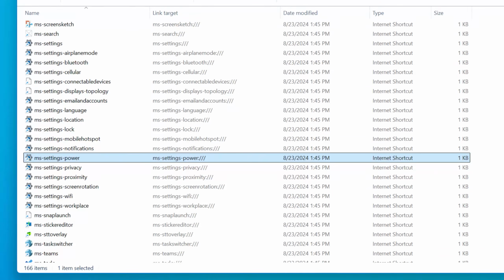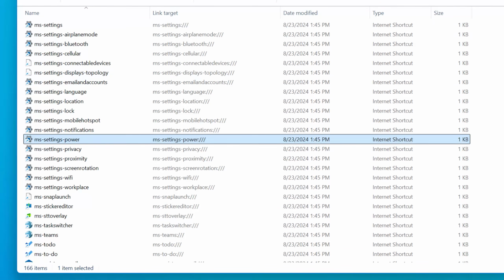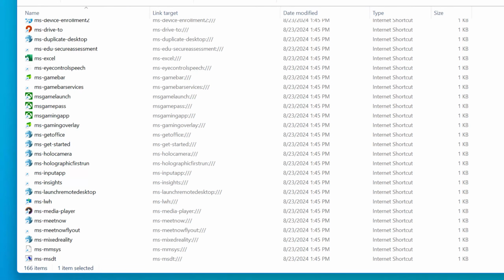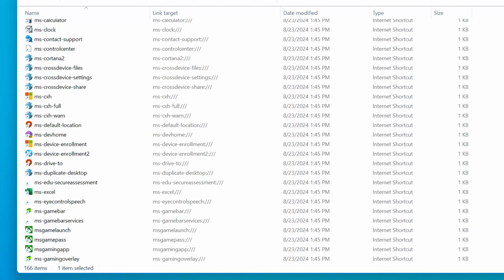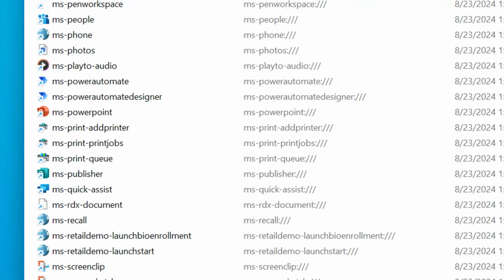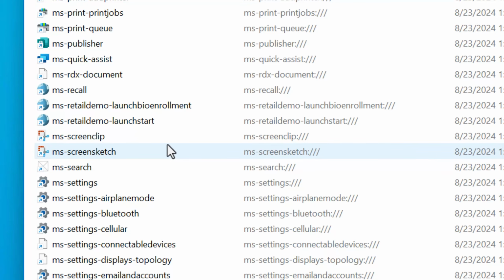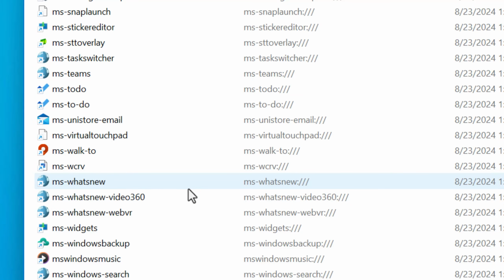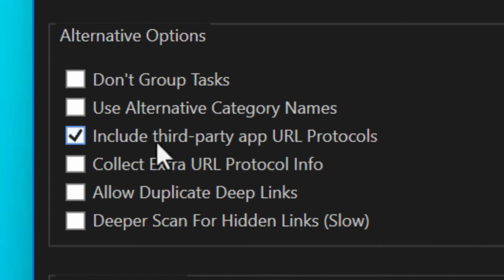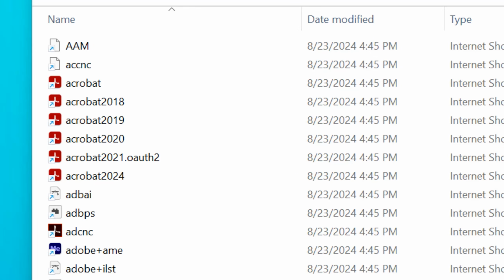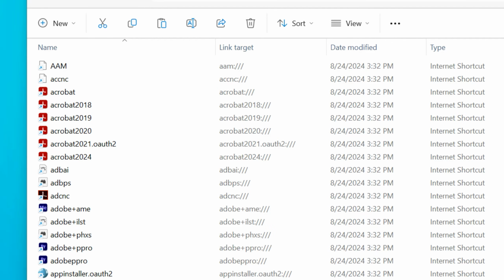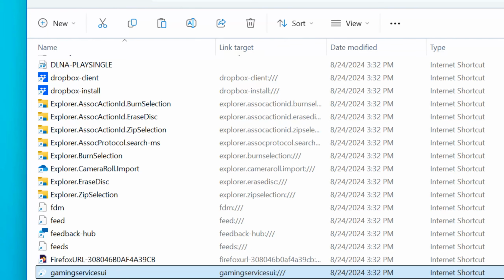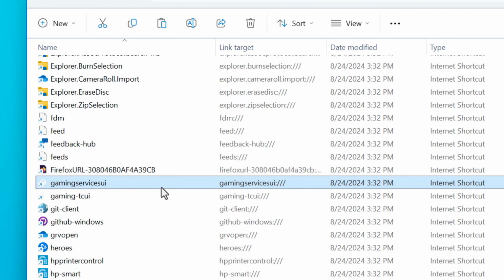Now, how many of these different protocols you'll see will depend on your Windows installation. Some of them are built into Windows and other ones could even be added by software. So if there's some default Microsoft apps that you uninstalled or never installed, they might not show up here. Now, by default, the script will only show protocols that are either from Microsoft or built into the system. But there is this option to include third-party protocols, and that will add a whole bunch more for other software. For example, if you have Adobe Reader or something, that'll probably show up. You might also see Steam show up. Just keep in mind that a lot of these might not necessarily work or do anything because these are mostly meant to be behind the scenes stuff.